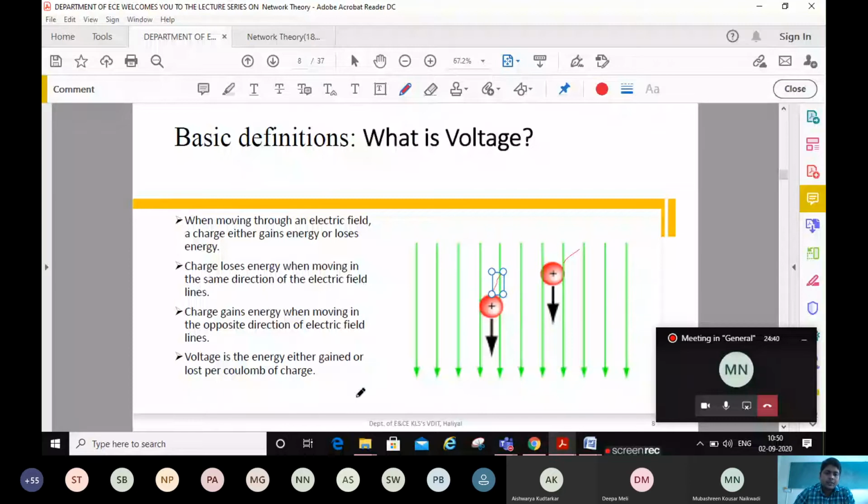So overall, voltage is the energy which is either gained or lost per coulomb of charge. Okay,